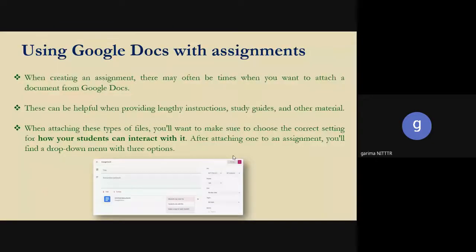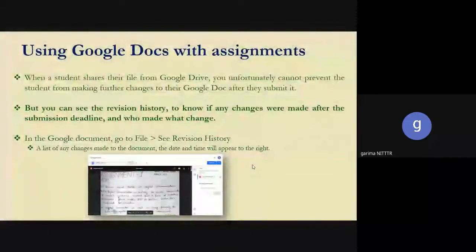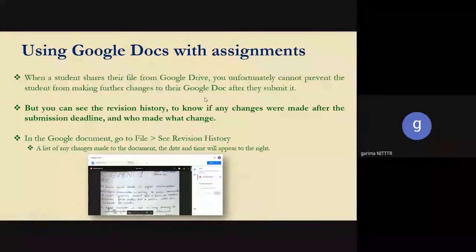So now when you have given this particular edit feature to your students, and when they share their files from Google Drive, unfortunately you cannot prevent students from making further changes, because whenever you are giving them some assignments and you want them to submit within a due date, within a due time limit, they have submitted within the due time limit, but now they want to change some things in your assignment.